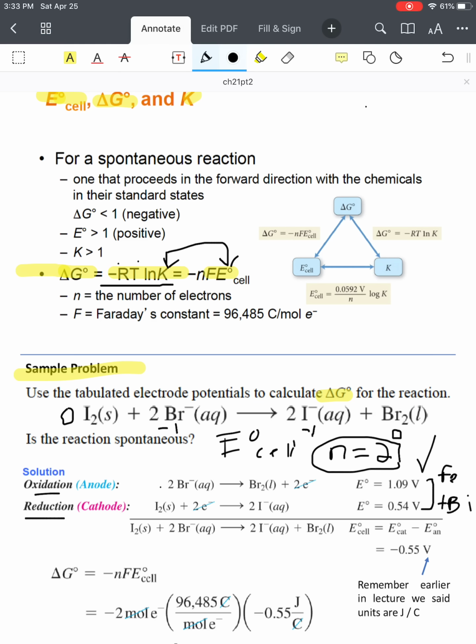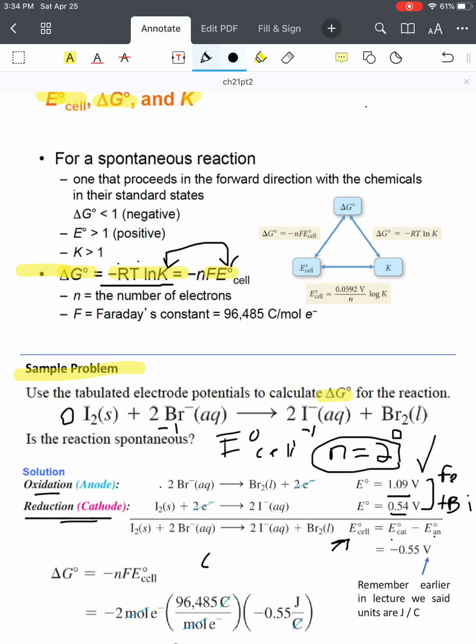So these are from the table, right? The reduction potentials from the table are the numbers in the entries for the very specific reactions, okay? And all we do is apply our equation for each cell: the cathode minus the anode. Now what's the cathode? That's the reduction. So we take the positive 0.54 volts and plug that in,